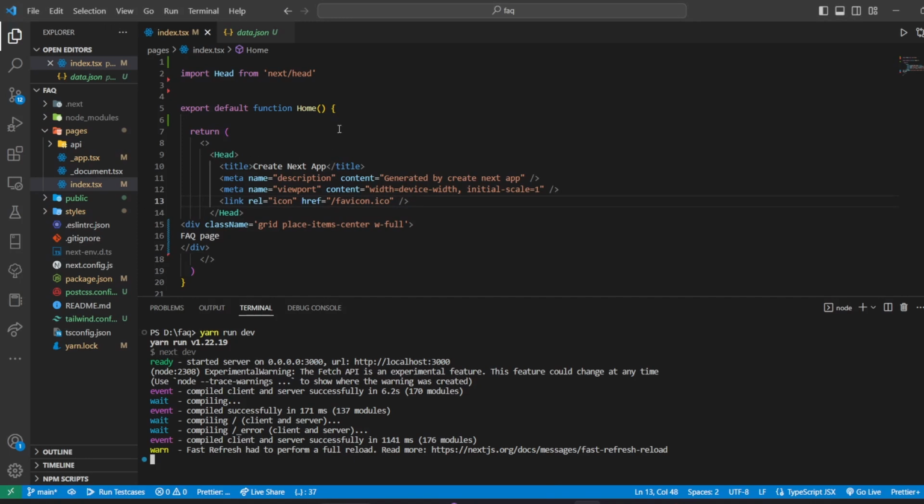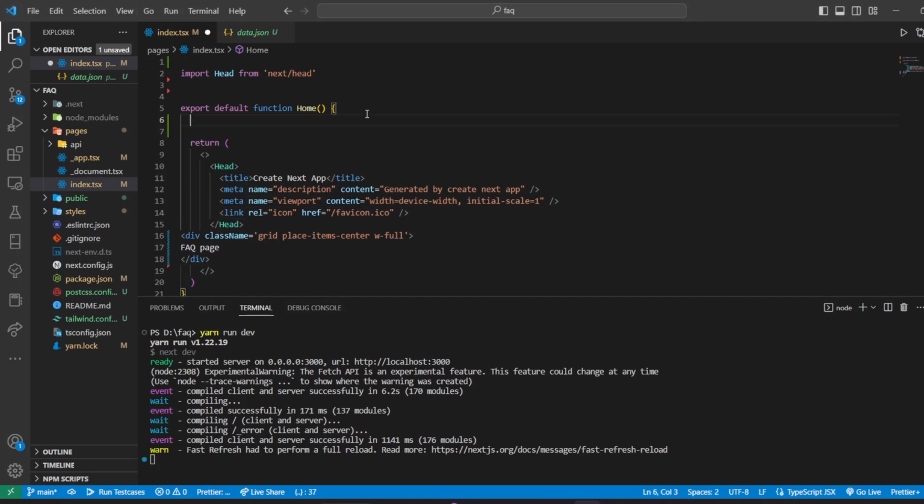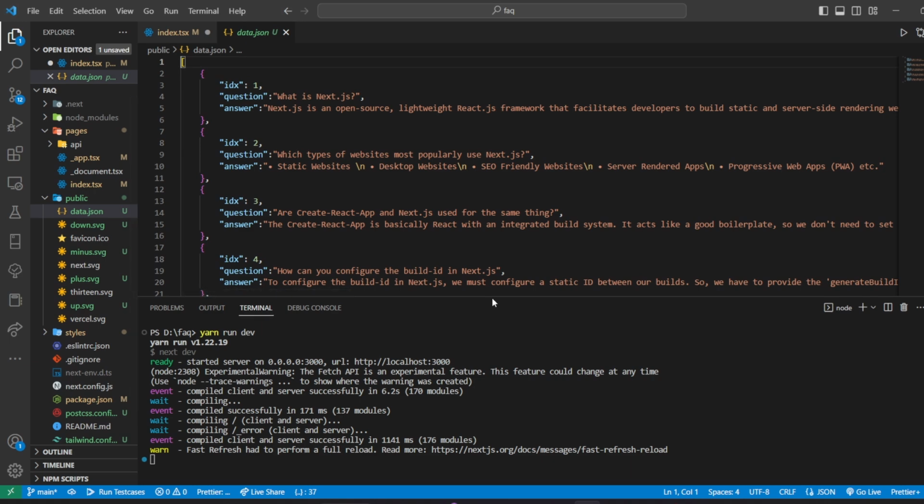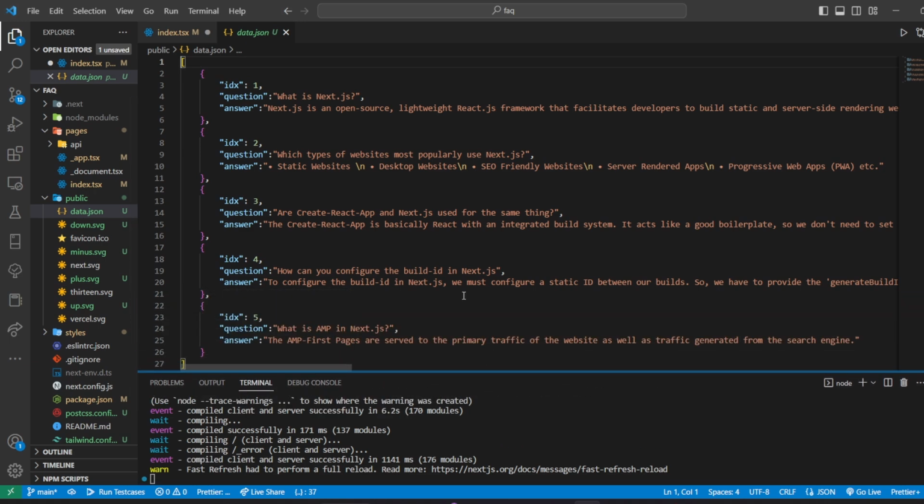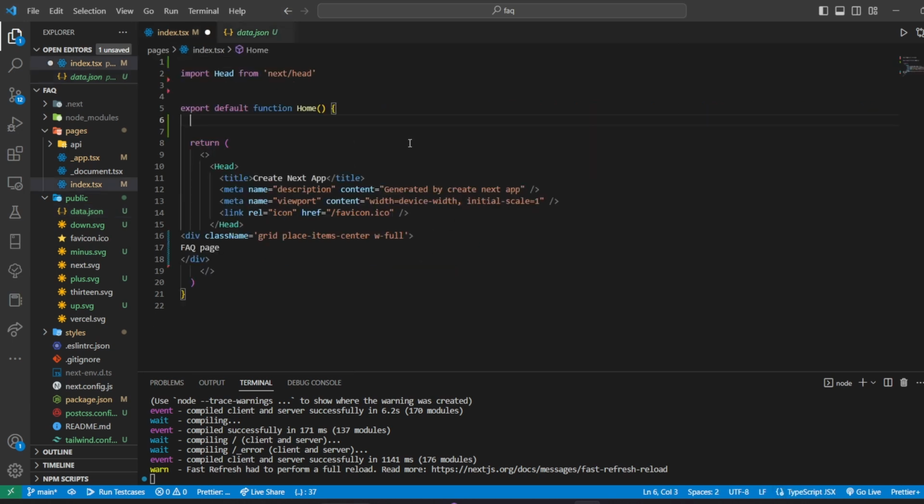Now in the index page, I want to start the code with some state values. First, let me define the JSON data that I have here. It consists of 5 questions and its answers regarding Next.js. So as it has 5 questions, I will be creating a state here of 5 values. That is